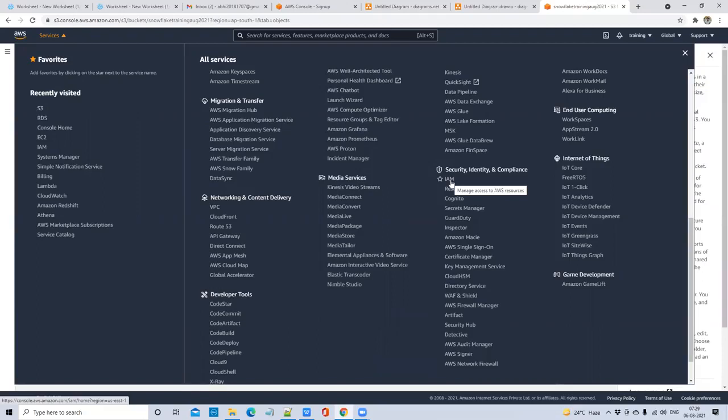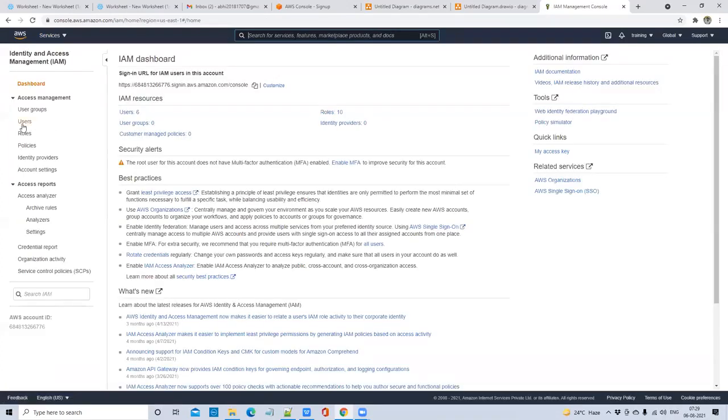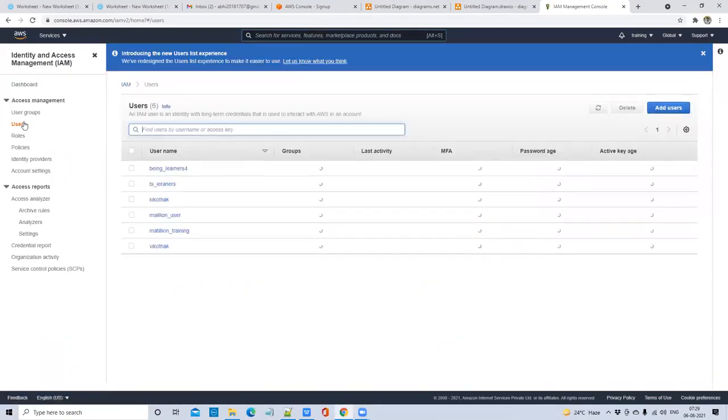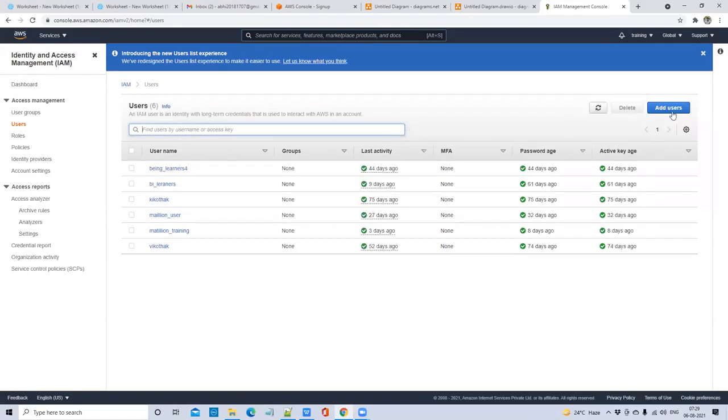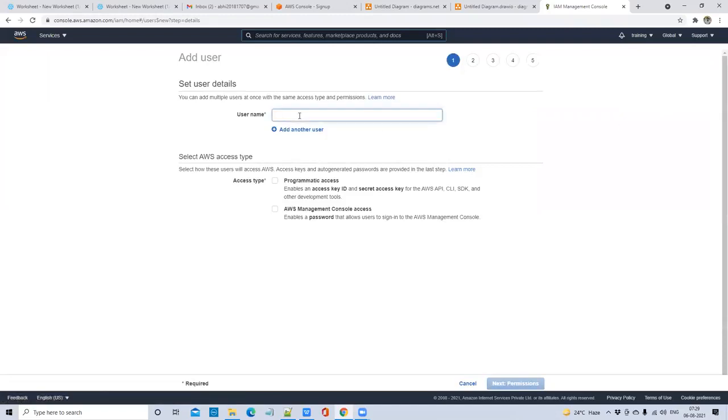Now I want to create a new user. For this account, just click on IAM and go to users. Let's say I want to create a new user. You can give the username here.